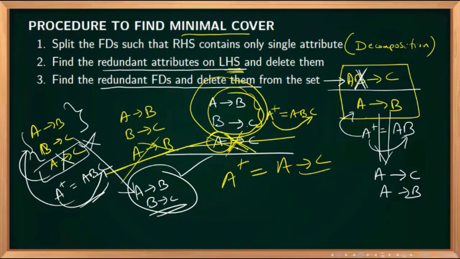In minimal cover, redundant attributes are removed from the LHS and redundant functional dependencies are removed. But in canonical cover, we do not apply the decomposition rule, so definitely more attributes will be there on the right side, and also some extra attributes on the left side. So you have to remove redundant attributes in the LHS, remove redundant attributes in the RHS, and then remove unnecessary functional dependencies. That much is the difference between minimal cover and canonical cover. When we do problems, you will understand. Now we'll do some problems on minimal cover.